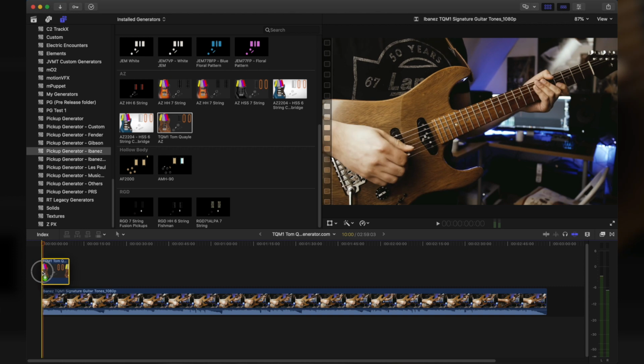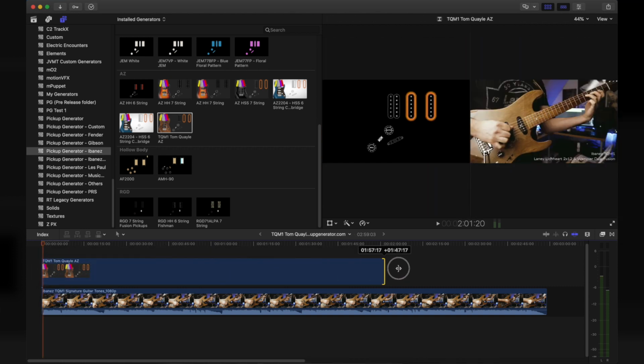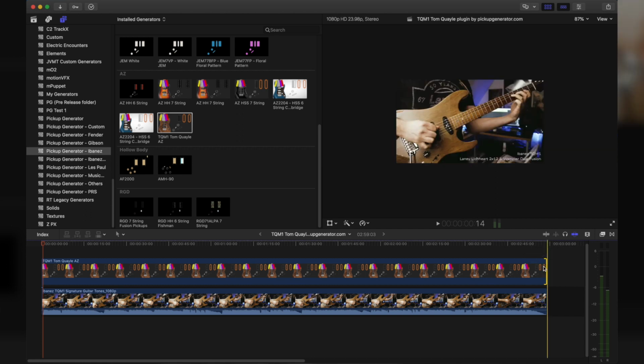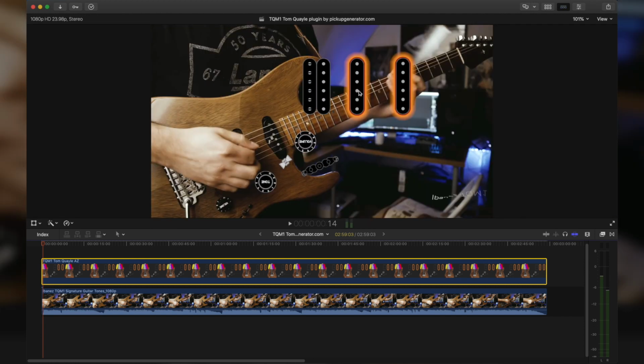Simply drag it onto the timeline and expand it for as long as you wish. In this case we're going to do the entire clip. Now that's done, what you need to do is start out by placing the positioning of this plugin. So let's open up the inspector,